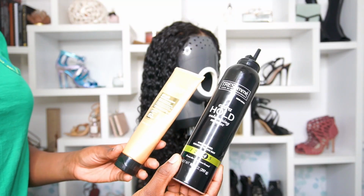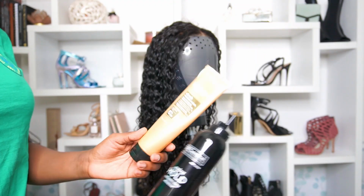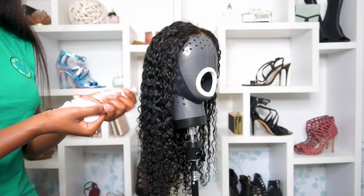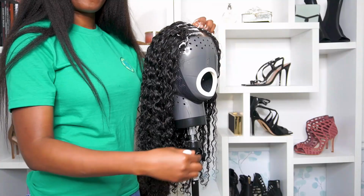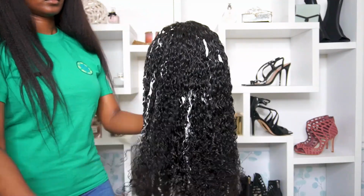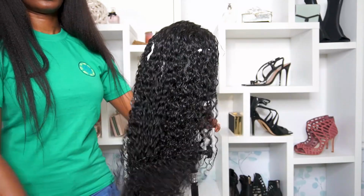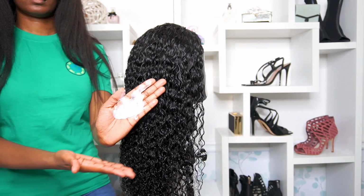Extra Hold Mousse and my Redken All Soft Moisturizer. Starting with the mousse, it can get crunchy, but I'm being generous. Trust the process, it's worth it, and I'm gonna apply all over, starting at the roots and working it in for lasting hold, and then going in with the All Soft to make it a flexible hold instead of a